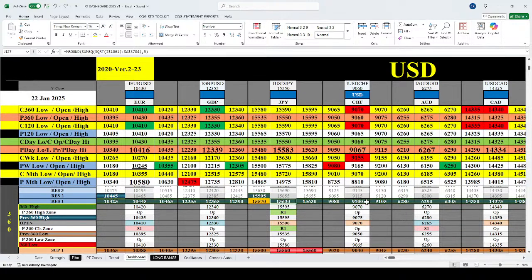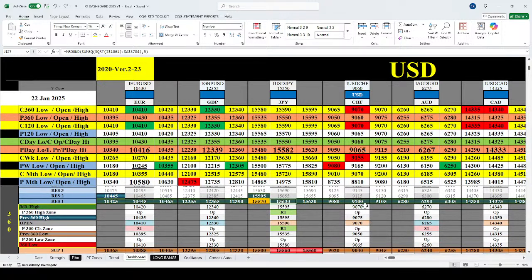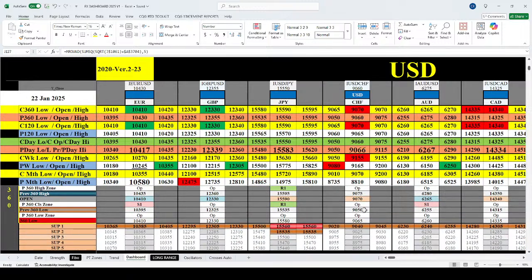Right now this is below the previous week low, and the current week low is 90.50. So I think selling at 90.85 or 91.10, that should be the call, and exit before 90.50